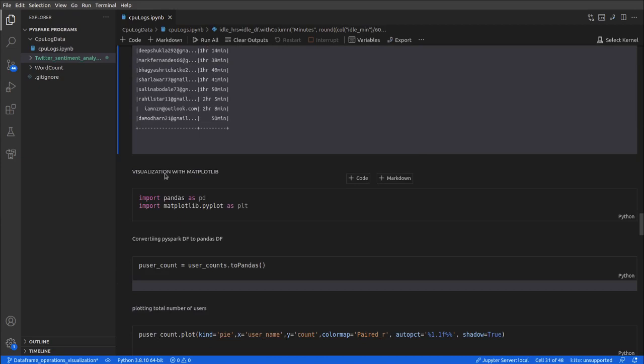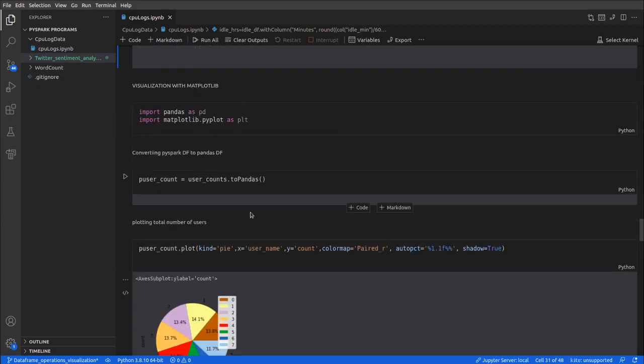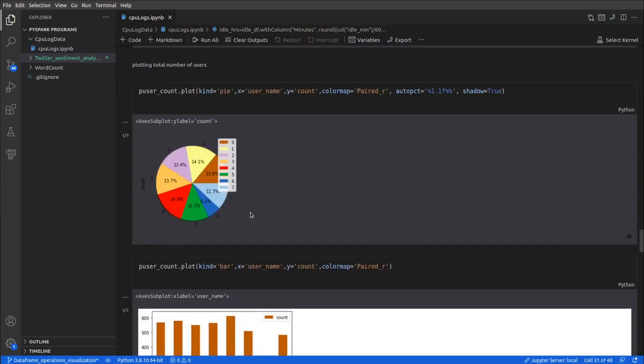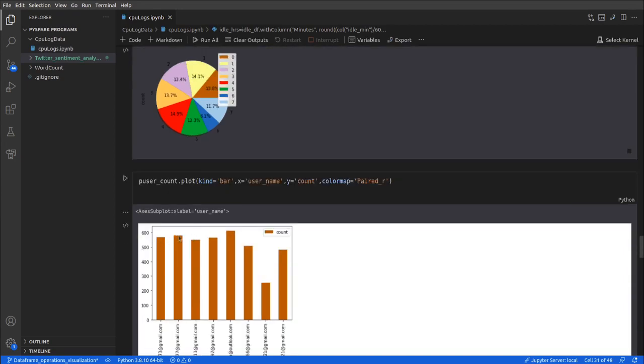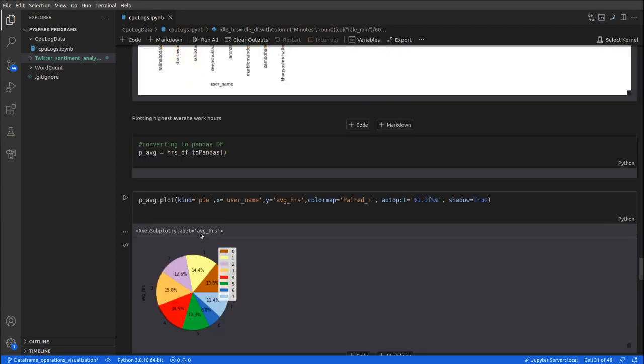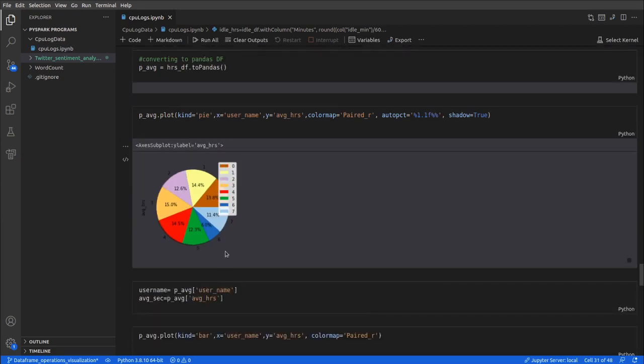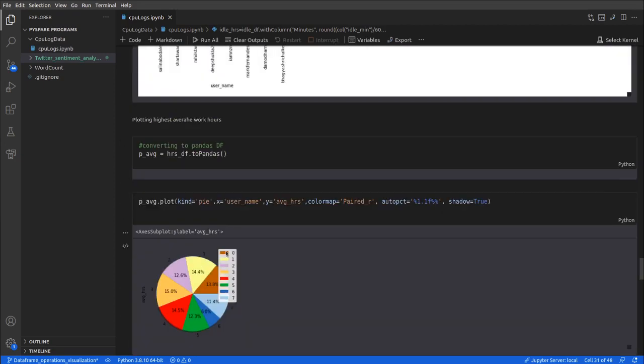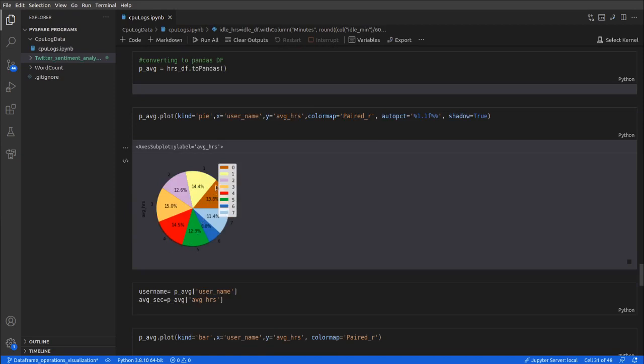And now we are going to do visualization with matplotlib. This is the visualization for the total number of users, and this is the visualization for highest average hours. So the 0th user is 13.8%, then 14.4%, 12.6%, and so on.